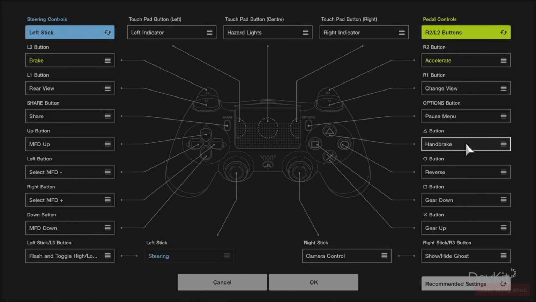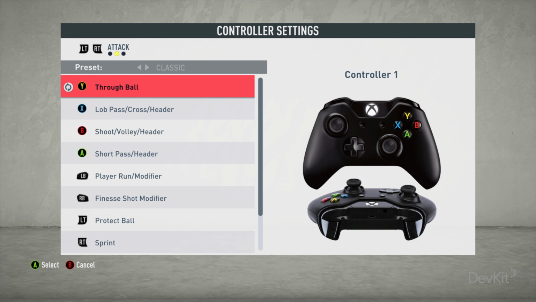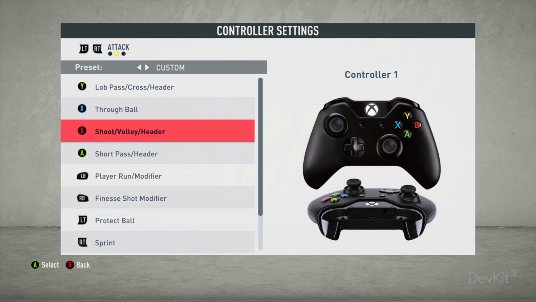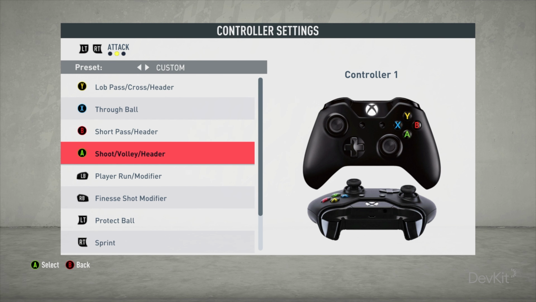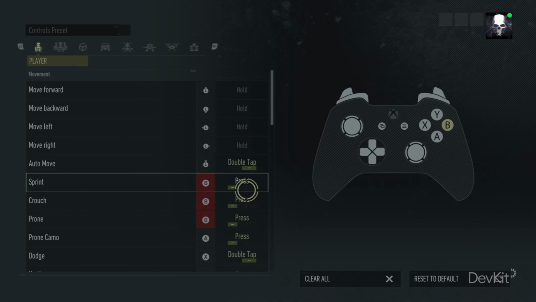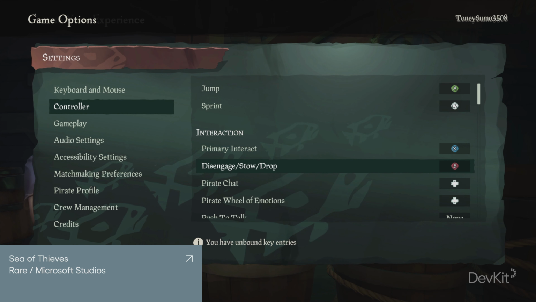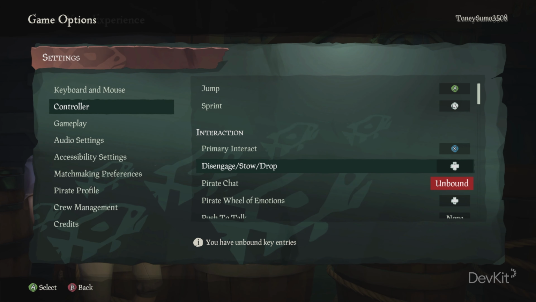triangle button to handbrake. In some cases, developers may decide to automate the process of mapping missing actions for the player. But often it's best to just advise the player that they're missing access to an action, so they're fully aware of what has been changed. And in some cases, the player may decide that action is not essential for them to play a game.